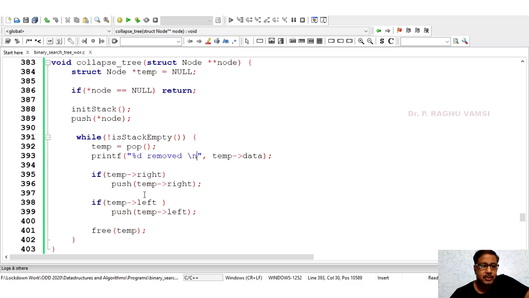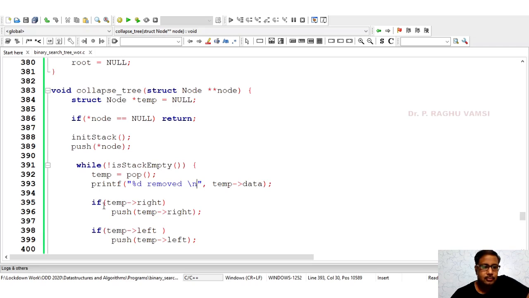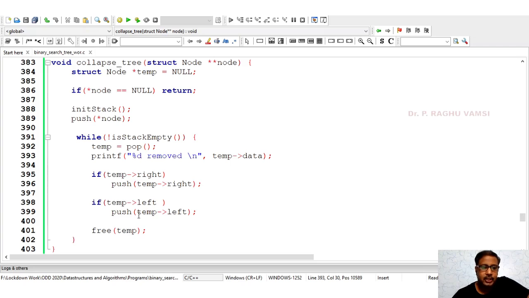So now the collapsing of the tree will be done here. First the root node will be inserted into the stack. Now the root node is popped. The root node's left and right are both pushed into the stack. Now the root node is available in temp, so we are freeing the temp. Now the root node is gone. Now we have the left subtree and the right subtree in the stack.